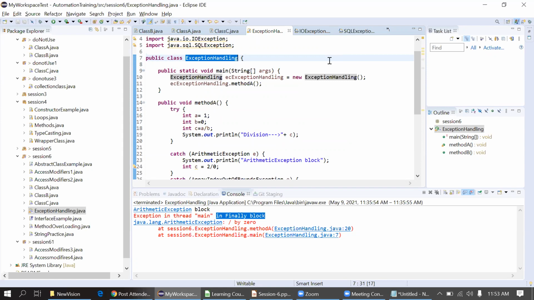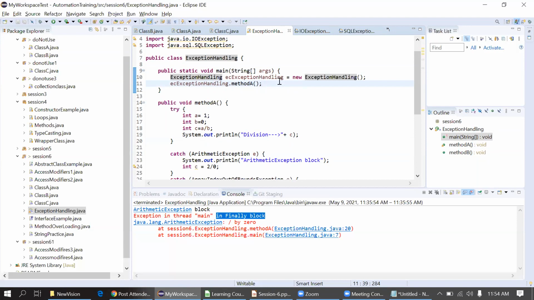So for that, I would ask that this public static void method is the main method, right? I don't know whether some exception will be thrown by the main method or not. Yes, you can get. It's again a method, simply. Don't think it's a main method. It's simply a method for us. So suppose this method will be throwing some exception. So I can write over here throws some exception, or use the try catch. Yeah, correct. Of course, you can write try catch here as well. That's perfectly no issue.